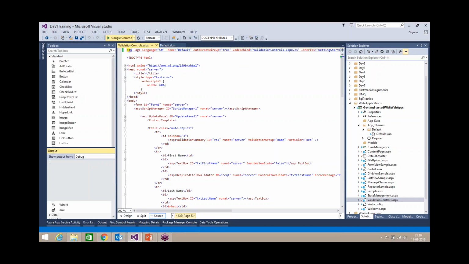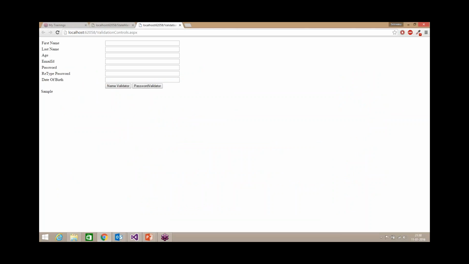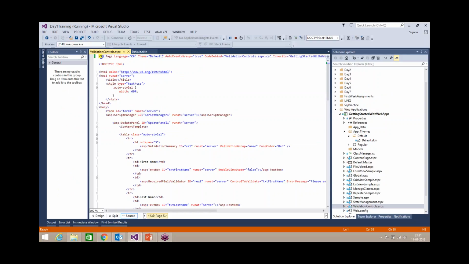Okay, we will see how much width we are getting. So this is 300. If I remove that theme on this page, the controls will get